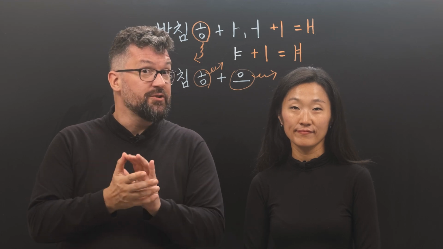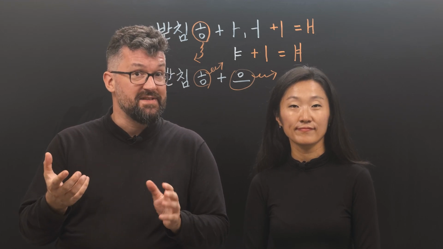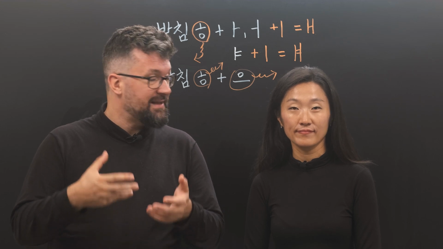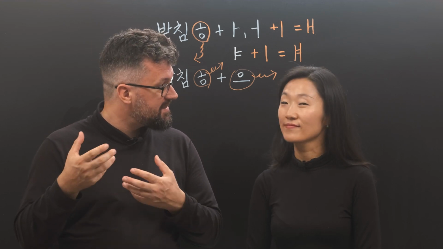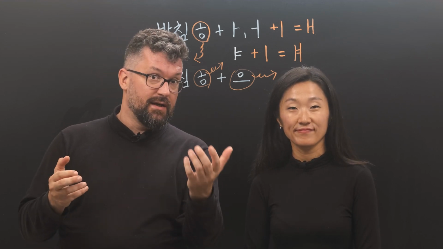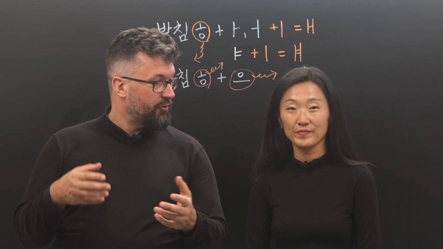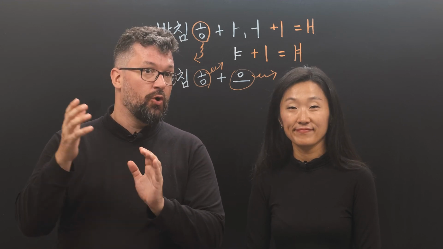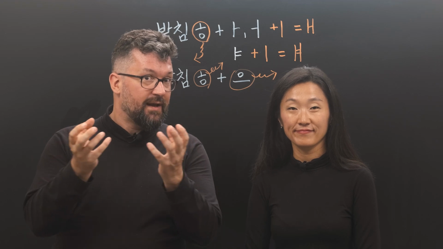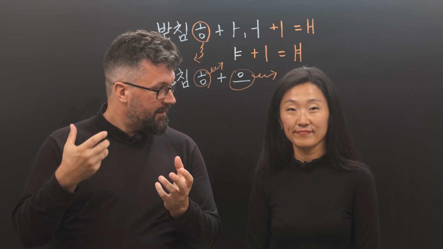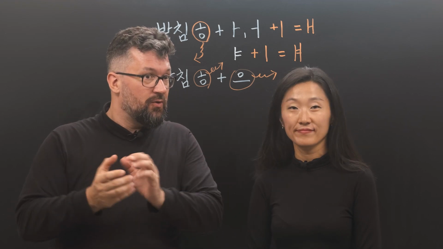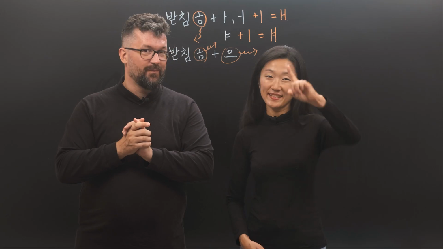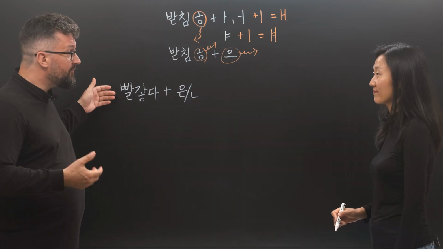We told you that most of the irregular verbs and adjectives ending in Batchim ㅎ are colors. Now we can use those colors as adjectives to say something is red or green or white. But we can also use them together with the noun color to talk about different colors. That's what we will do now. Let's look at the color red.